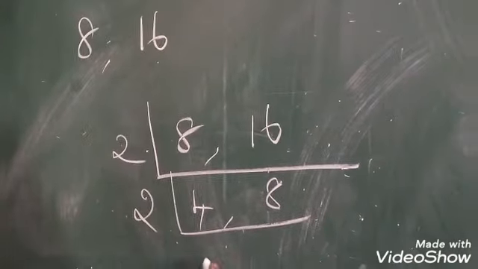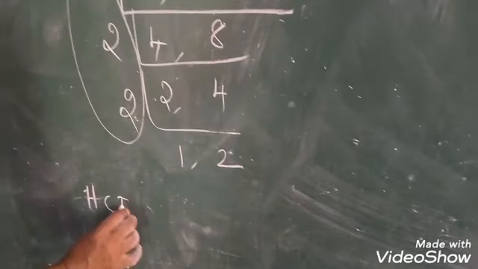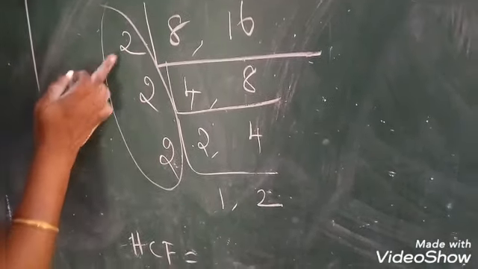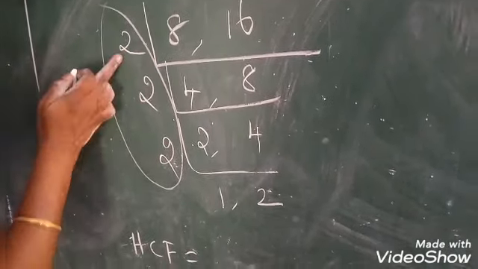See here the divisions. What are the common divisors? 2, 2, 2. How many 2s? Yes, 8. Here for the LCM, all the numbers you have to include: 2 into 2 into 2, then 1 into 2. Now you will get 16, the highest number. This is called LCM. The HCF, or GCD, we will see later. For the LCM, we take all the divisors as well as the remaining numbers, and you have to multiply them, girls. This is the LCM method.